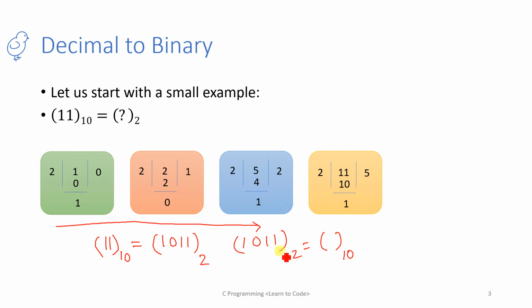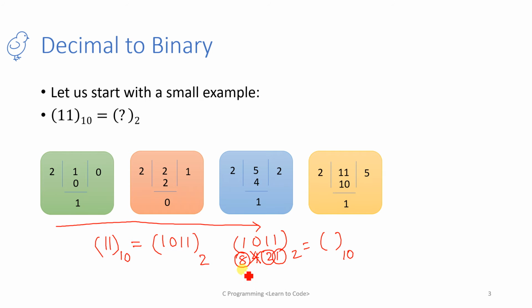So let us see. What is the formula? The formula is 1, 2, 4, 8. Because there are no more digits available, our formula terms will stop here. Now you can see which number we have to discard. We have to discard the number below the 0, so we have to discard 4, right? And the numbers below 1 have to be circled. So I have circled the numbers which are present below 1.